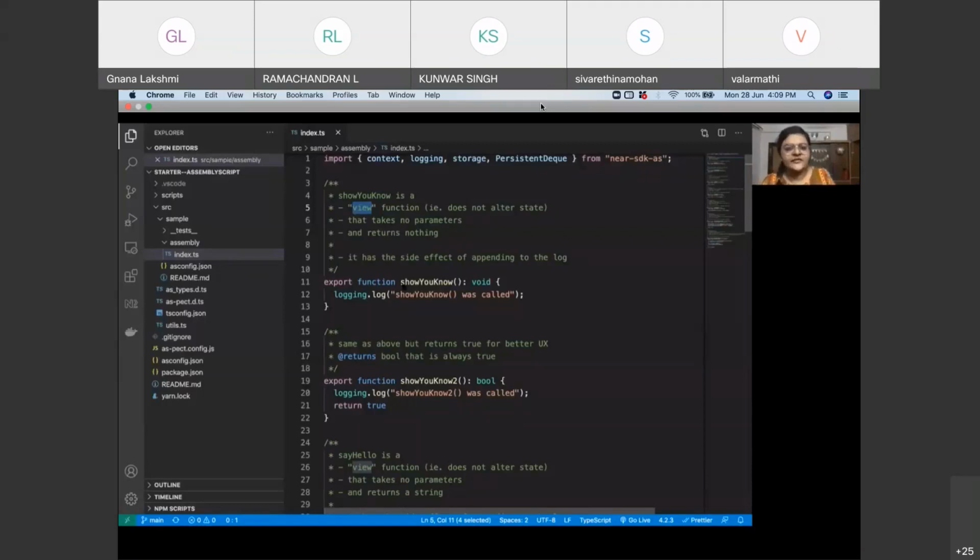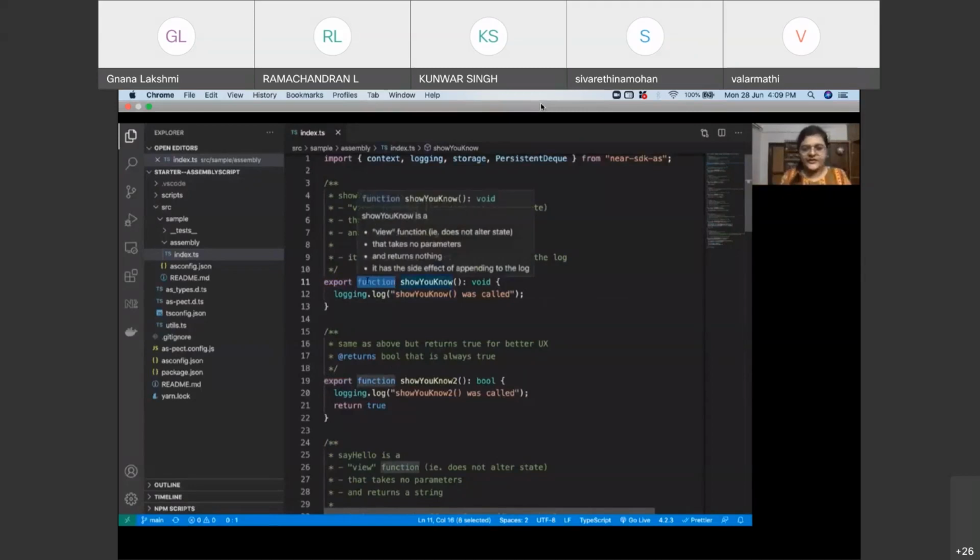So this particular function called show you know is just a simple view function. That is, we are just printing a log statement here and we are not doing anything. So it's not returning anything. So you can see the return type void here. So let me just explain the syntax over here a little bit, and I'll just do that for one function. You can see that the export keyword is used here to define this function.